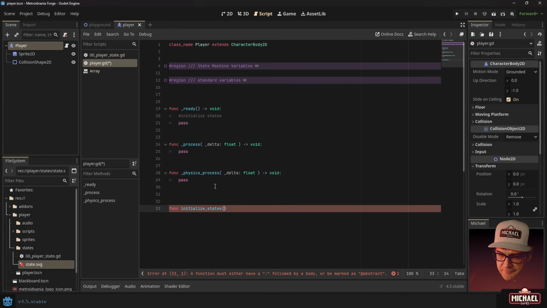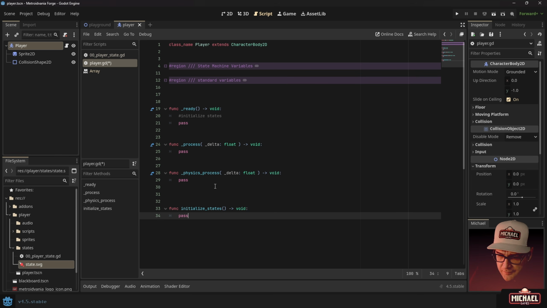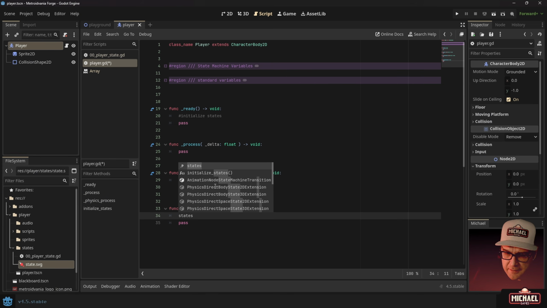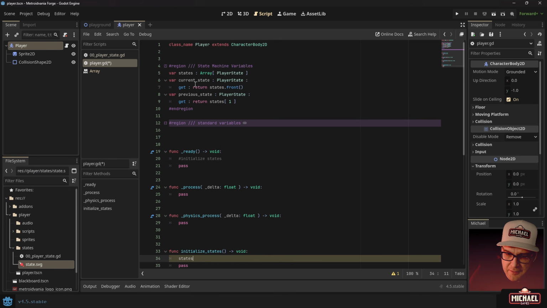It's worth pointing out, if you're new, you can't have a space in a function name like that. And I like to use the Godot suggested syntax, so that's this snake case where you use an underscore for spaces. This function doesn't return anything, and it doesn't require any arguments to be passed into it. And so that's all we have to write to create that function. And this function essentially is going to set up our state machine. The first thing we'll do is we will take this states array that we've defined up here,